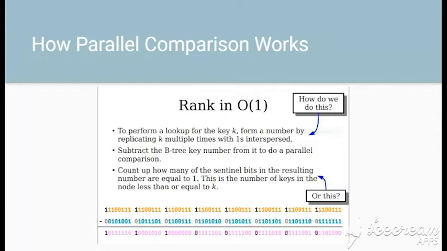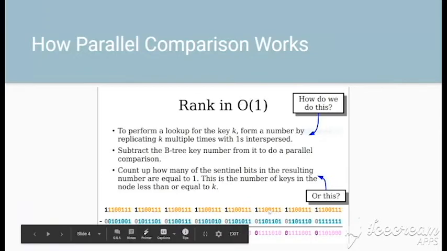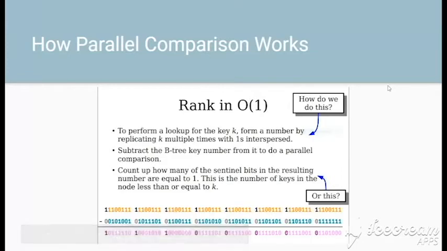Parallel comparisons happen when, let's say, there is some incoming value and we convert that incoming value into its sketch value, like you can see over here, and then we compare this sketch value with the rest of the values that were already there. So the only way we can determine whether the incoming sketch value was greater than the ones that were already there is by subtracting them, and then we can look at the MSB, most significant bit, on the left hand side to determine whether it was greater or not. So if the most significant bit is 1, we know that the incoming sketch value was greater.